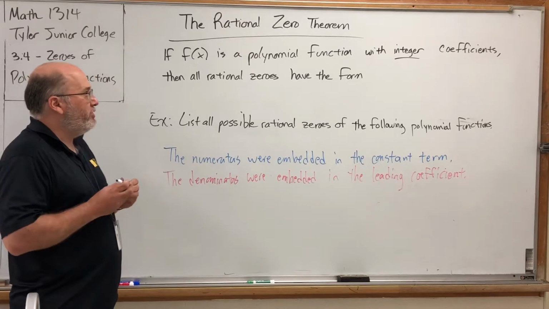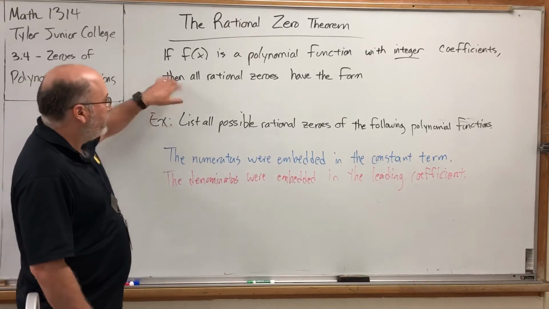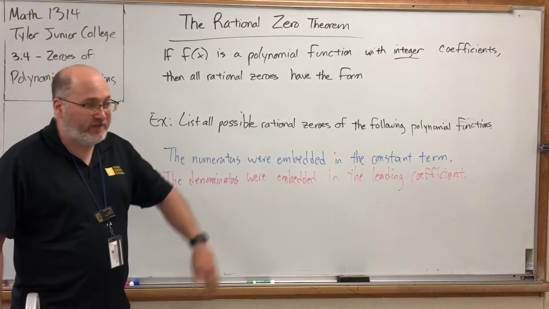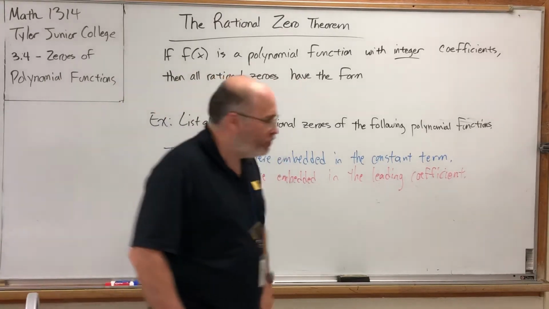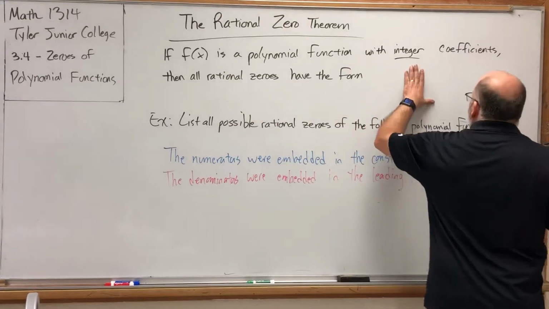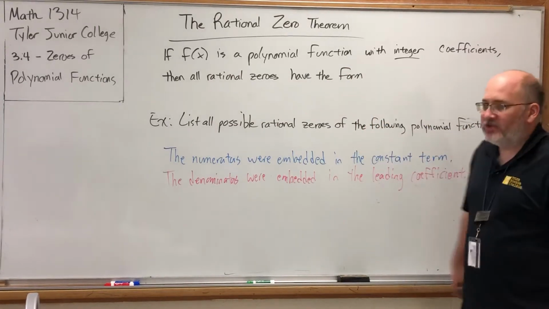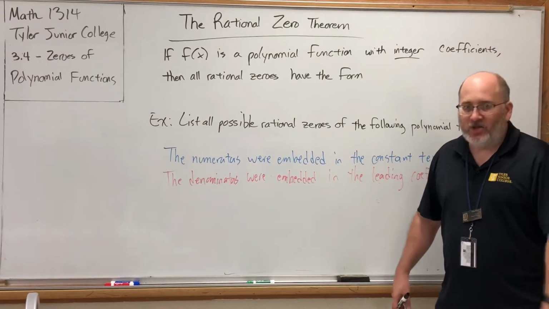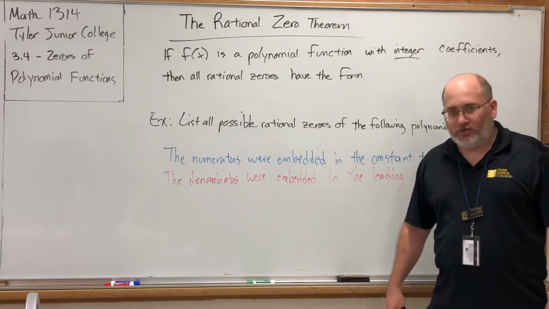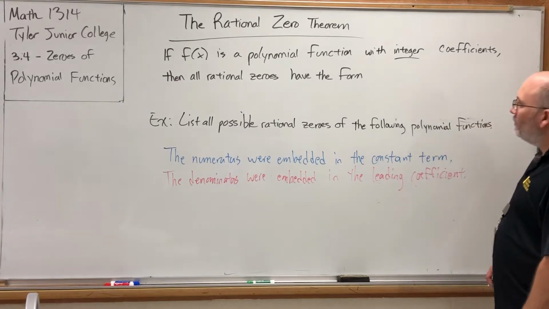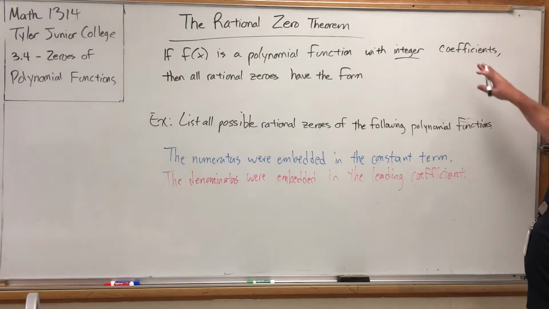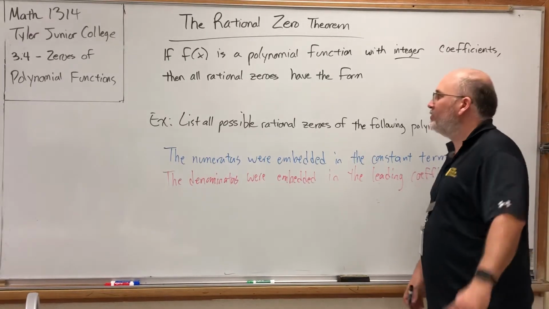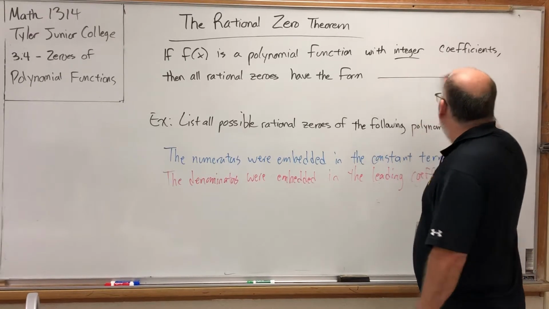The rational zero theorem states the following. If f of x is a polynomial function, so a bunch of powers of x's, where the powers are whole numbers, with integer coefficients, so the numbers in front of the x's are positive or negative whole numbers, no decimals, no fractions, no messy things like the square root of 2 or pi. If f of x is a polynomial function with integer coefficients, then all rational zeros have the form,